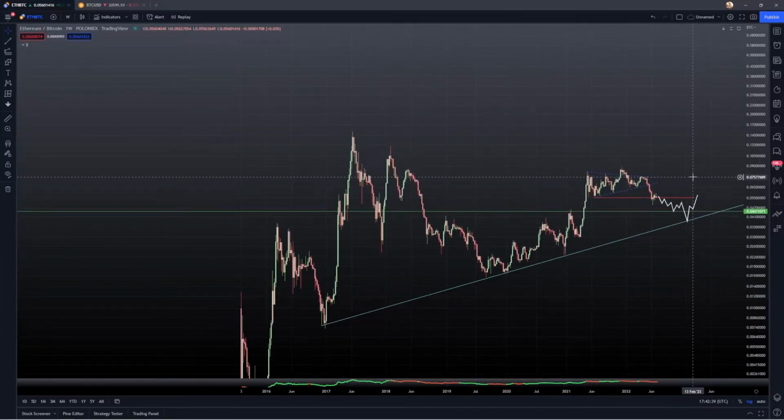And I think in general, the Ethereum Bitcoin chart has a lot of implications on the market. Now, when it's in these uptrends, it's really signifying how market participants are willing to take on excessive risk, right? They're comfortable with speculating on Ethereum, which is a riskier cryptocurrency than Bitcoin. They're comfortable going farther out the risk curve because it's in a bull market, it's in an uptrend, and generally